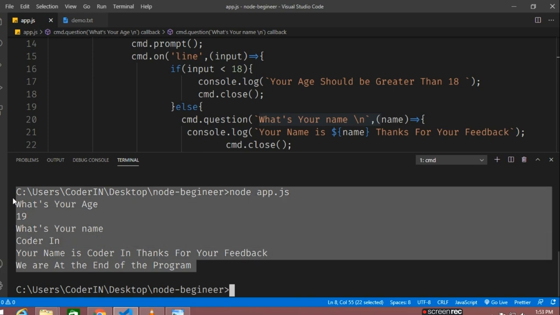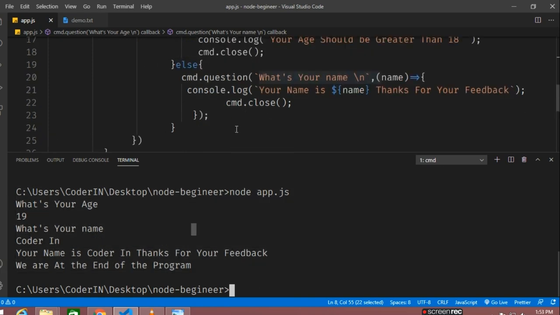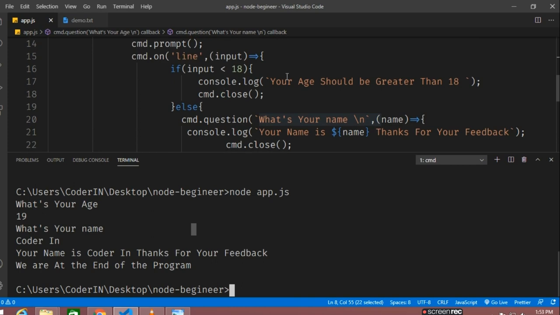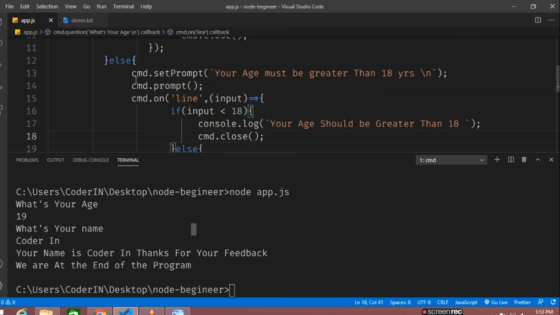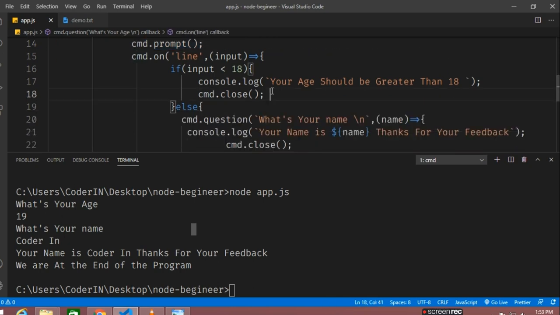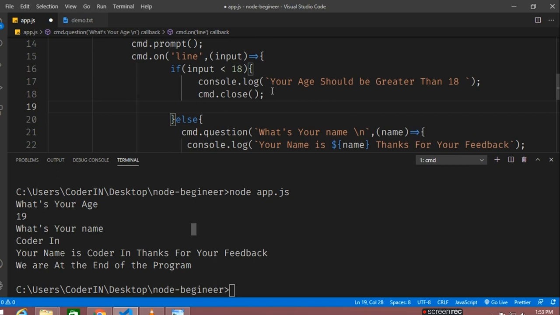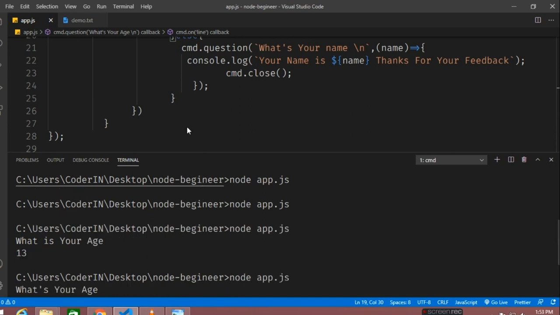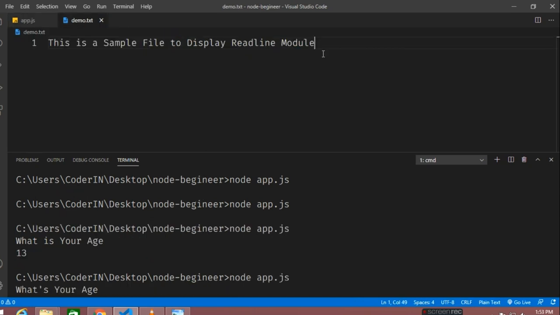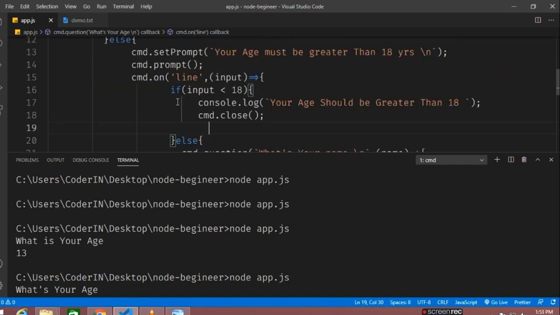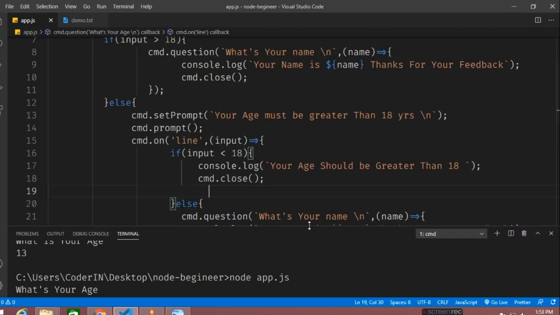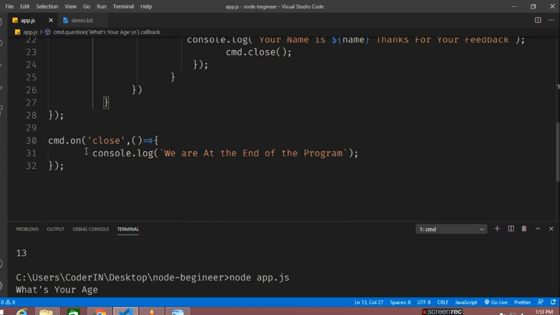So guys, in order to make your command prompt in Node.js interactive, we can make use of readline. And not only this, readline is also used for reading a particular stream of a file. Streams. So now I'll be showing you how can we make this particular thing happen. So we'll be using something known as the fs module. Fs in Node.js is the file module, which I'll be discussing later on in this video series. But before, let me show you how the Node.js module can be helpful.